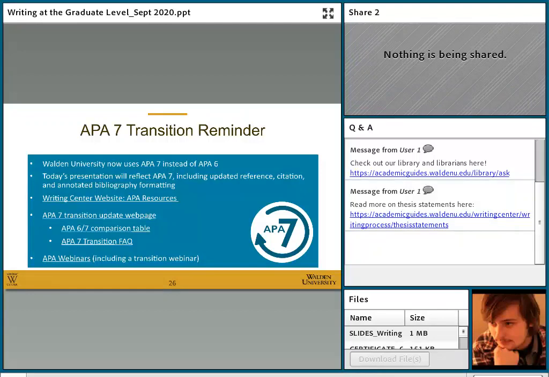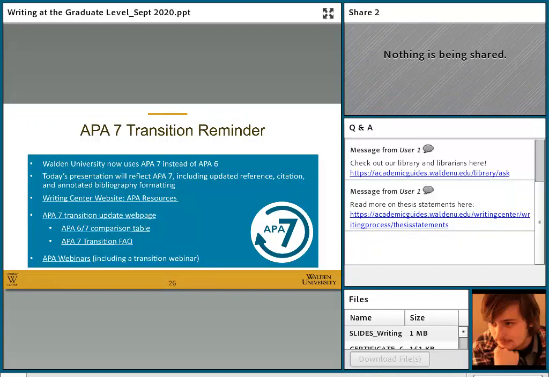to 7 really make sense and go a long way towards streamlining a lot of the aspects that in APA 6 were just more difficult. There were more rules associated with presenting some sources and things like that. Without getting into it too much, I would just say that APA 7 makes a little more sense in some cases than APA 6. But I know this is a big transition for a lot of you, and on this